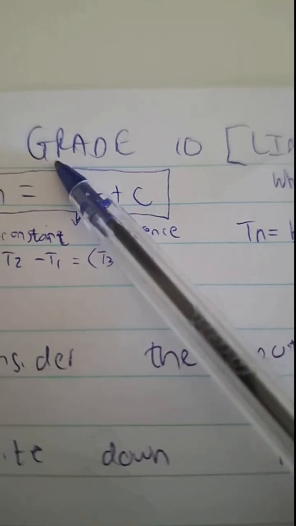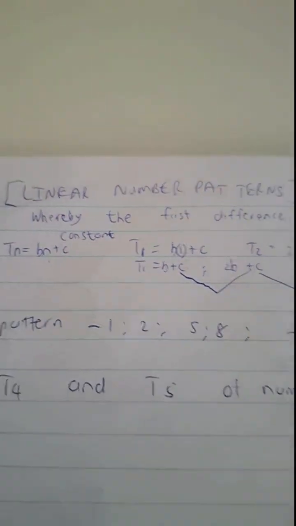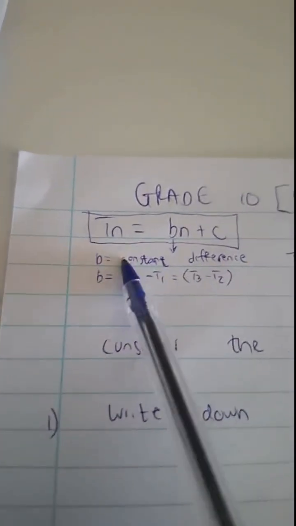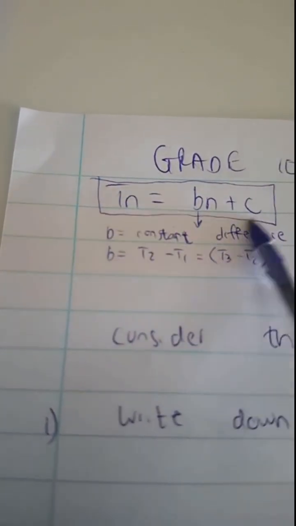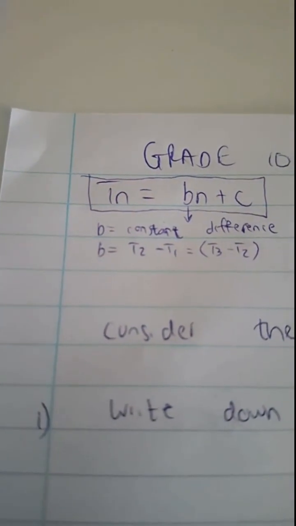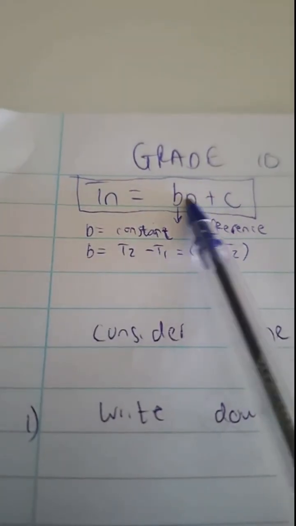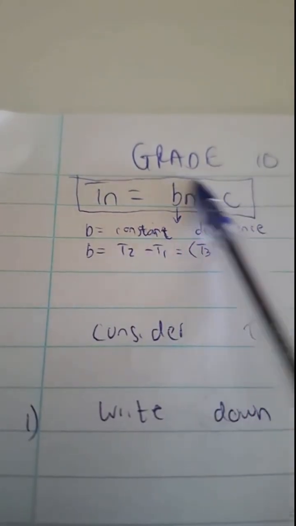So we are going to look at grade 10 linear number patterns, okay? Linear number patterns in grade 10. And specifically, we look at the general term of our linear number pattern. Tn is equal to Bn plus C, this is the general term of any linear